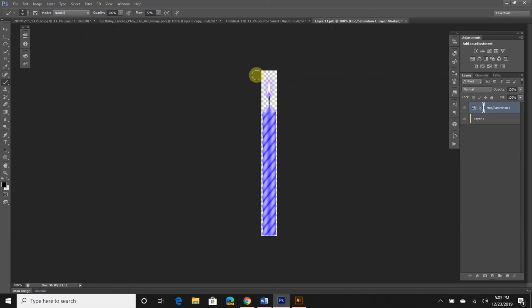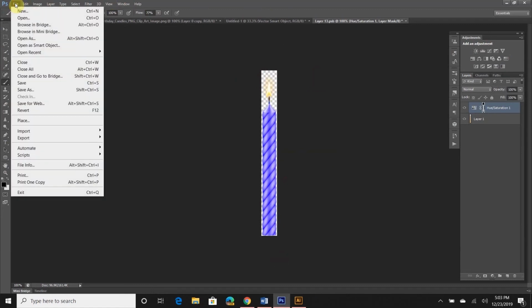Then I want to retain the candle light up top, so I'm going to make sure that I'm on my mask here, a little skinny mask. You're on black to conceal the mask because we want to conceal the saturation and hue mask, and just simply brush over the area that you don't want to include in the mask. You can give it stripes if you want to, whatever you'd like. You can do any other adjustments, any other changes to this smart object, and when you are through, simply hit